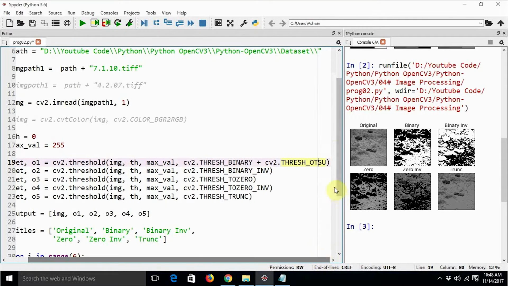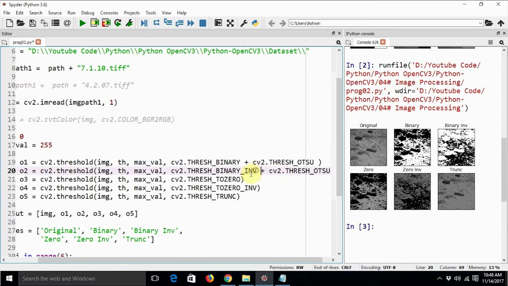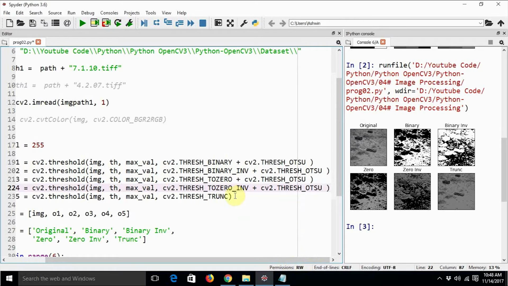Okay, so we need to keep on adding this flag to all the other algorithms that we are using. And while adding the flag, I will also explain what this exactly means. So basically, this sort of image, which has a foreground plus background pattern, is known as a bimodal image. Once we get started with histograms, you will be able to correlate it. A histogram is nothing but the representation of the intensity levels of the pixels in the image. That's how I can simply put it. And bimodal means there are two peaks in that histogram. Once we get started with histograms, things will be clear.